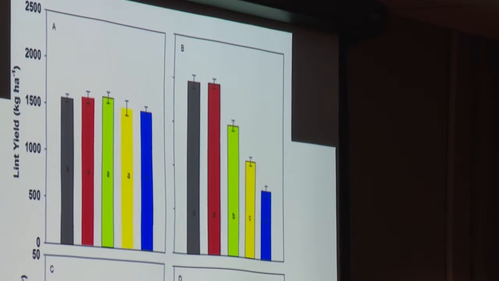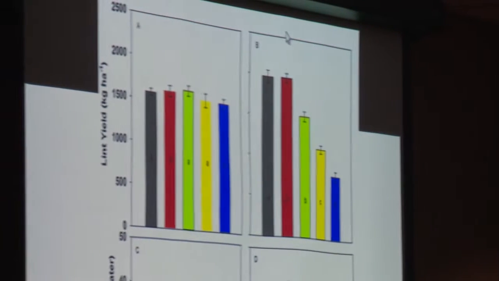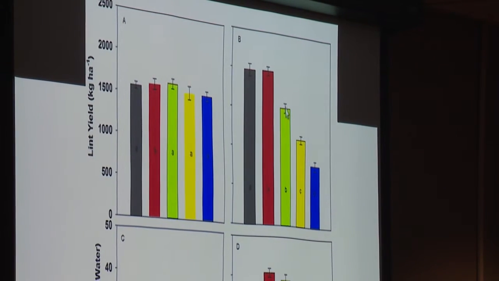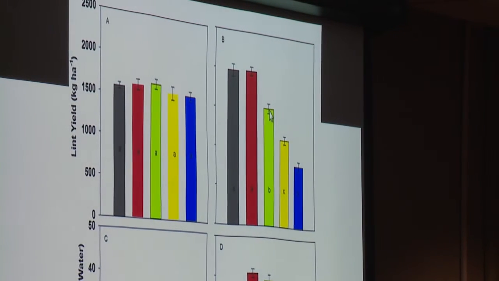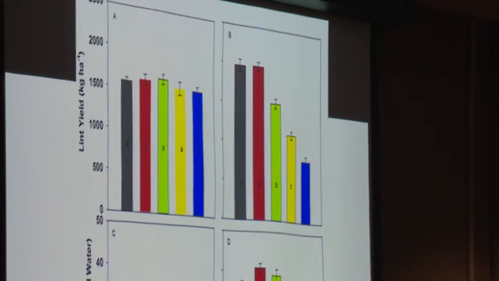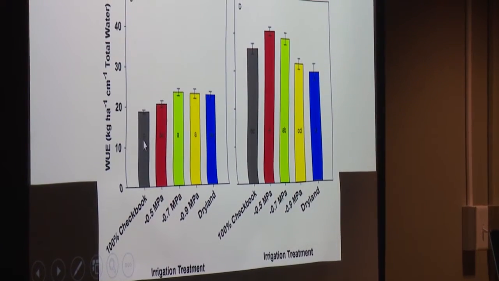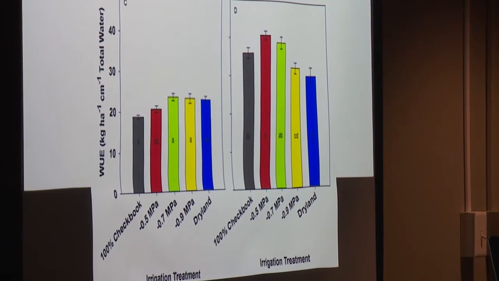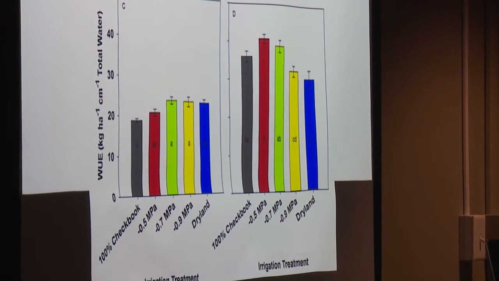Our plant-based trigger here had the highest yields, and then as we moved on to treatment 3, 4, and 5 here, you can see that drop in yield. But the important thing to look at here is water use efficiency, because the amount of water applied was different from one year to the next. You can see that our checkbook approach was the least water use efficient in